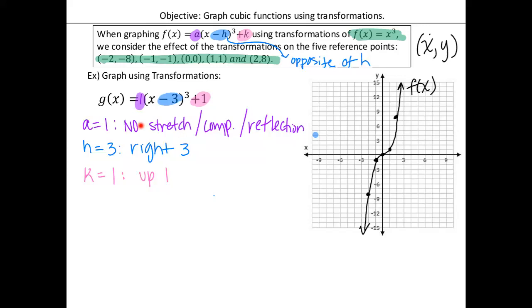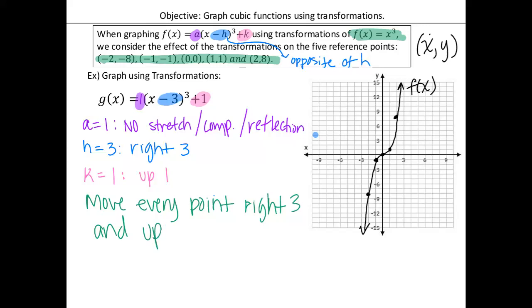And then we look at the transformations. The transformations told us A, I don't really do anything with A, but my H, I'm going to take every point and I'm going to move it to the right 3, and the same point, move it up 1, okay? So we're going to move every point to the right 3 and up 1, okay? Take every single point, you're going to move it to the right 3 times and then